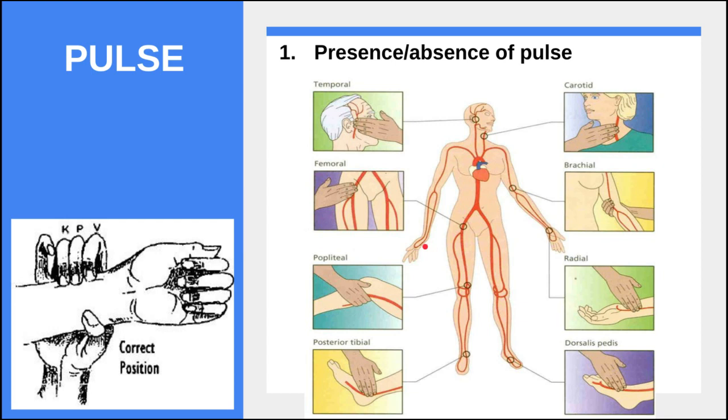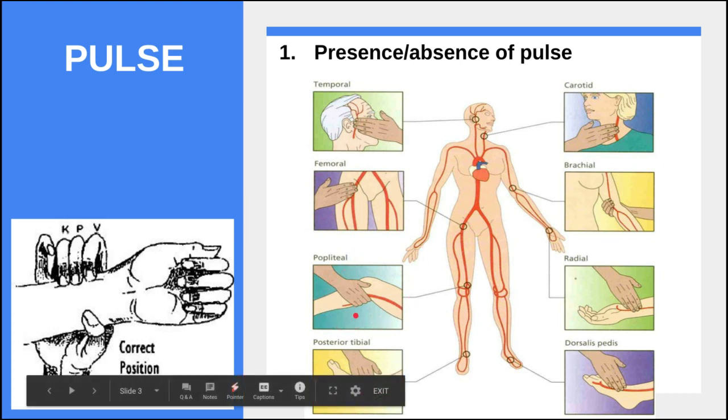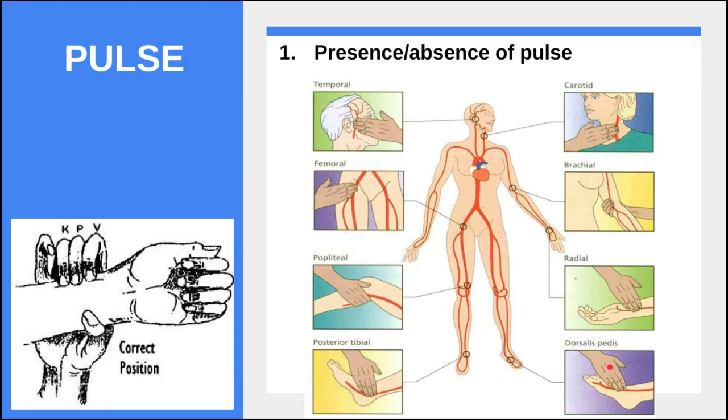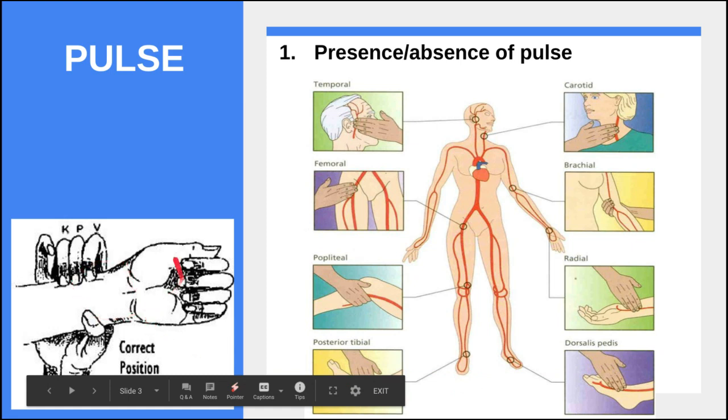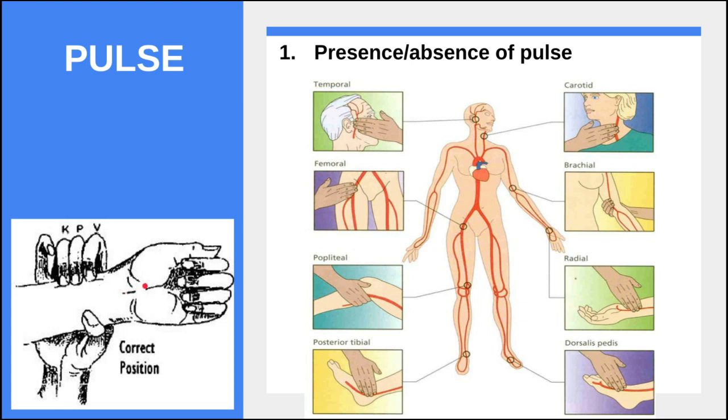In neonates, brachial and femoral pulses are preferred, and the femoral pulse may be diminished in coarctation of aorta and hypoplastic left heart syndrome. Similarly, the pulse is weaker or absent in Takayasu arteritis. The other arteries to be palpated are popliteal, posterior tibial, dorsalis pedis, and temporal artery. One more thing in radial pulse examination is the wrist should be slightly flexed and the forearm in slight pronation position.